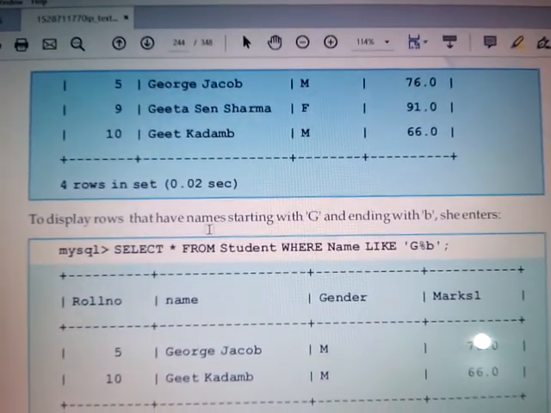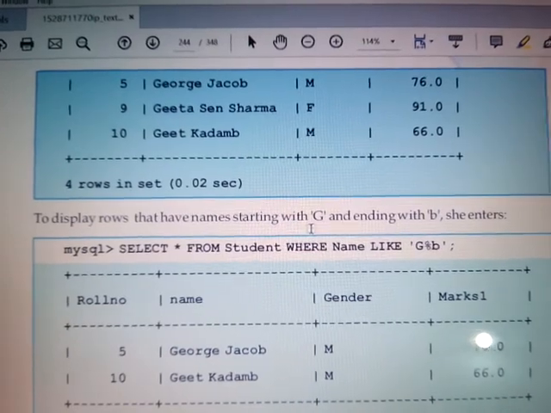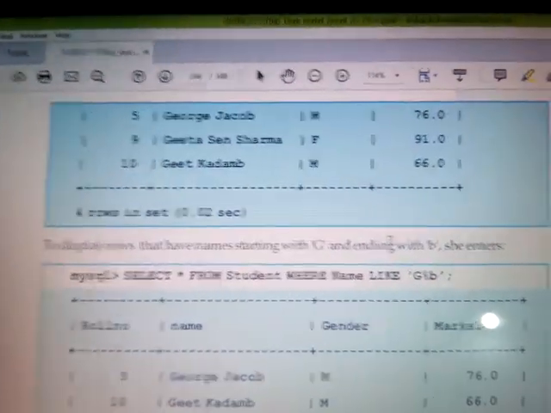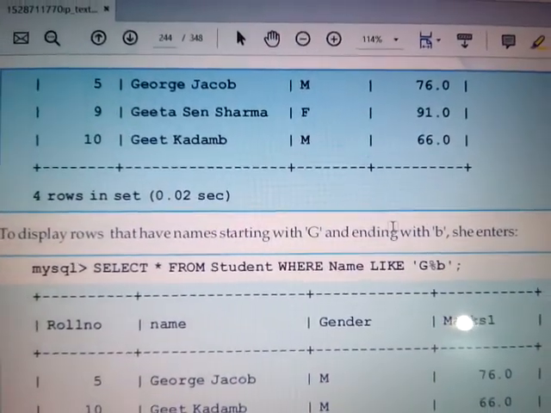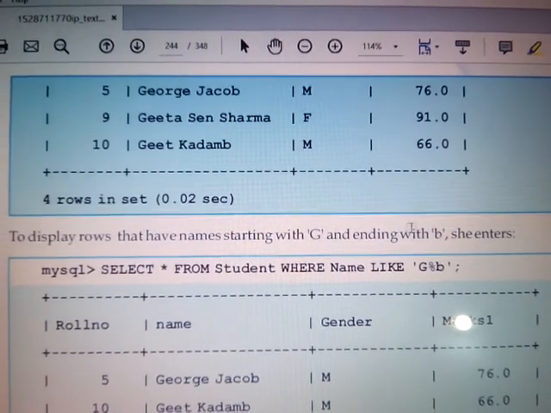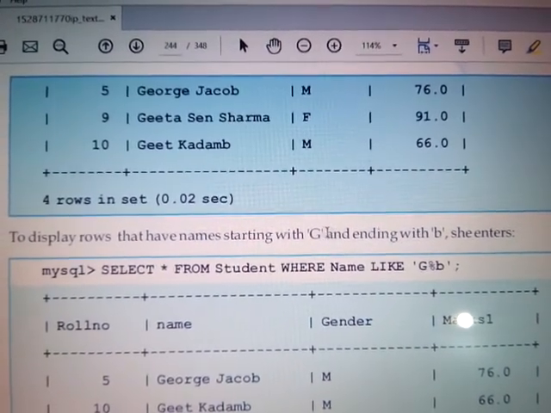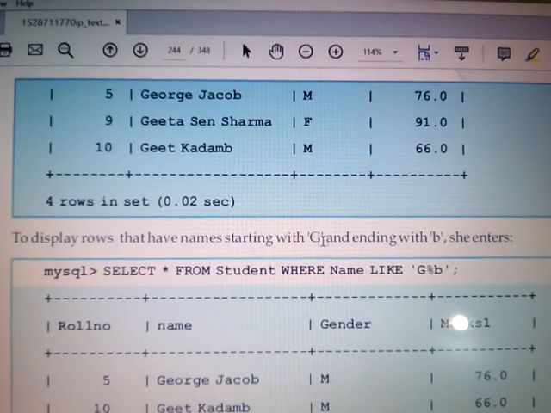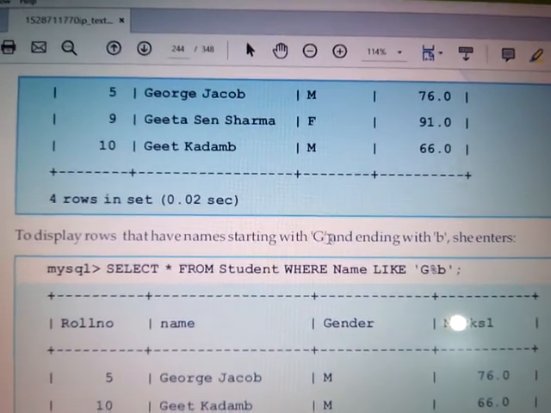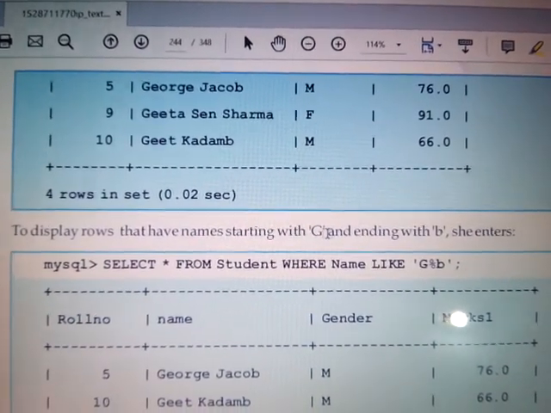Just see the next example. The question says names starting with G and ending with B. Now see, this question is a combination of two. That means the name should start with G as well as end with B. If we say starting with G, we know very well that we place percentage after the character, so I have written G percentage.